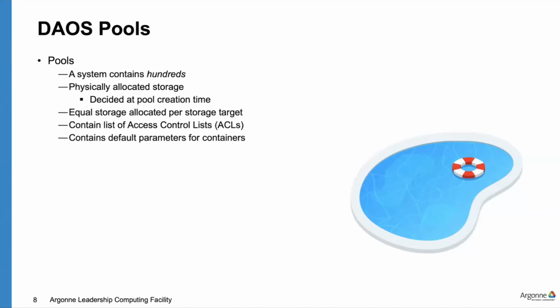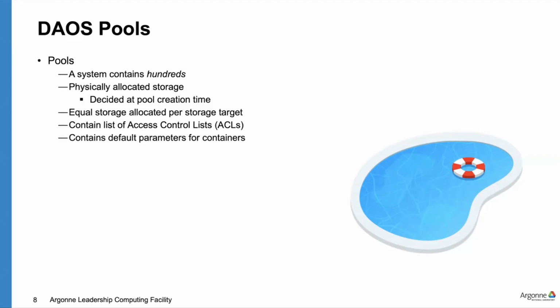The key element from a user perspective is that the pool has an access control list, which controls who can access your pool. So when the ALCF hands you your pool, you would already have your user group added, but if you wanted to add other people, you could say, hey, can you add these people to my pool? And then they can put in the ACLs for that.